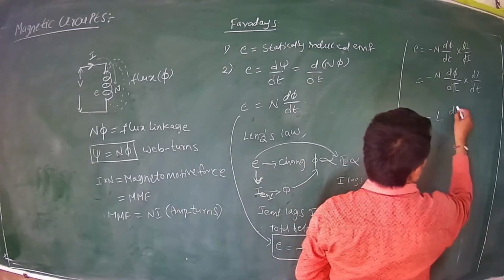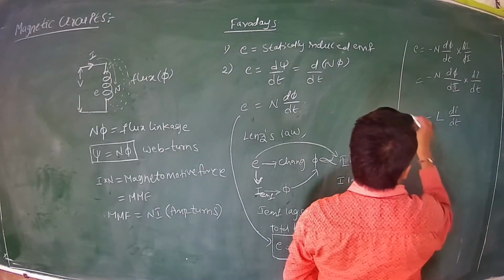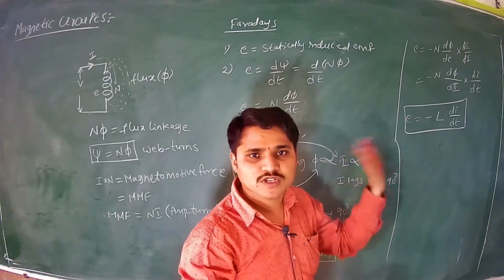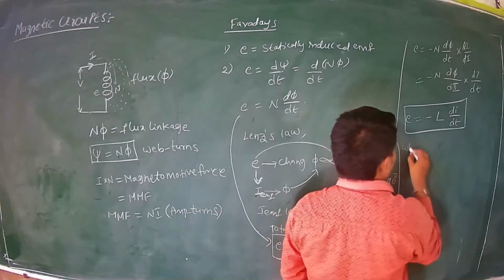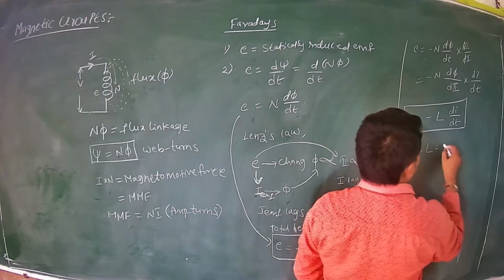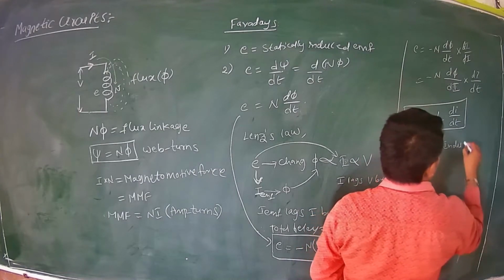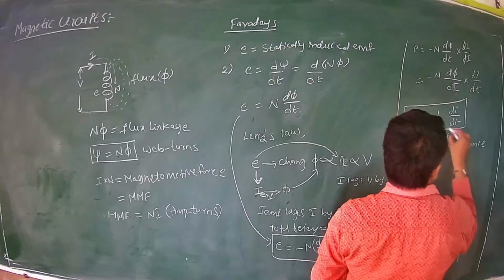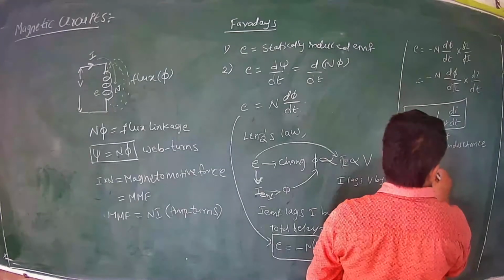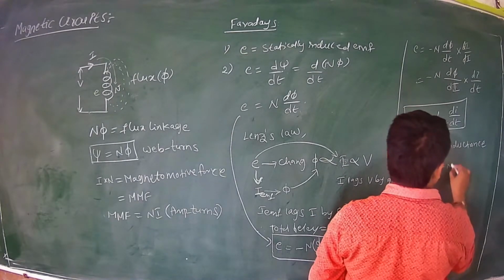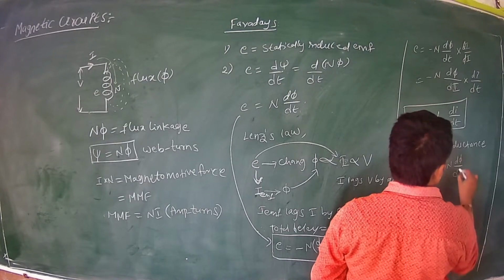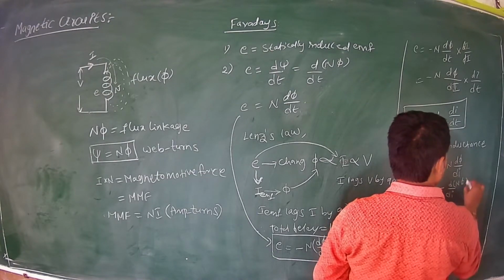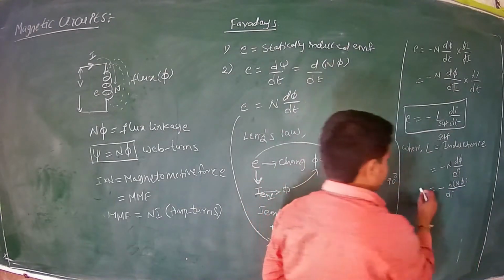Of course, we know that the voltage across the inductor E is equal to minus L into di by dt, but this minus is due to Lenz's law, which opposes the cause producing it. Therefore, where this L is called inductance, or you can say self inductance. So L is equal to what? Minus N into d phi by di. That means this is nothing but d by di of N phi. So this is the self inductance L self.